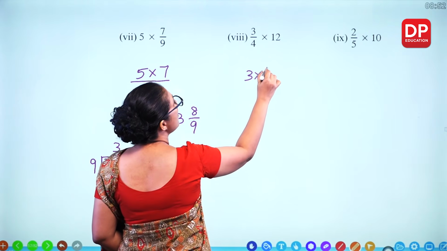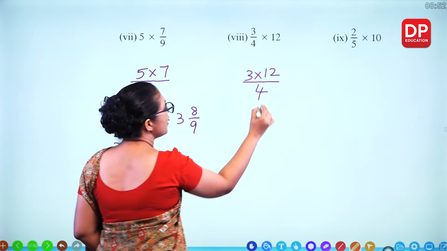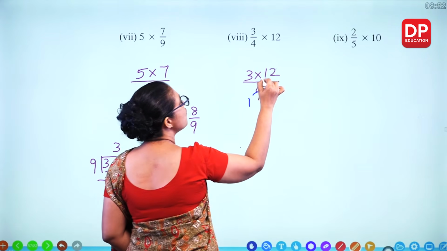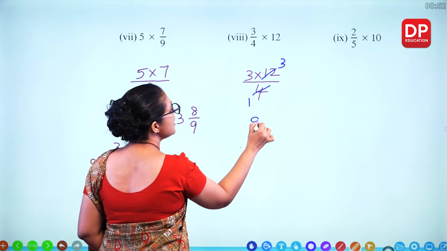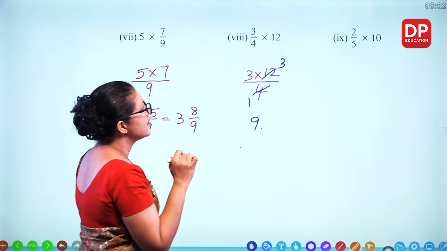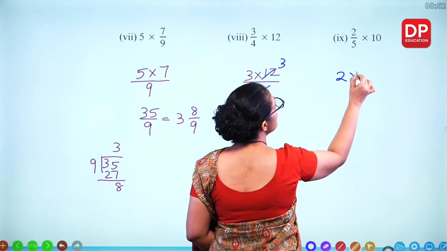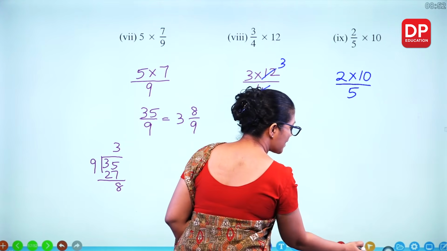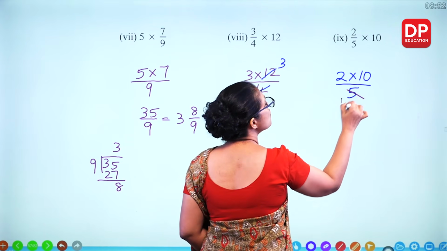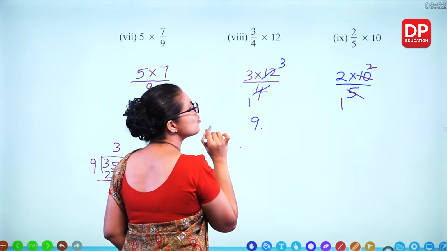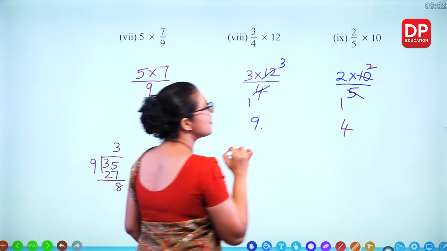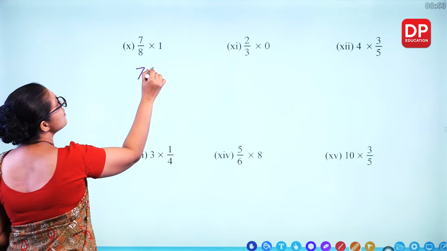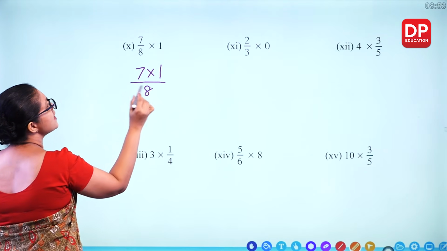3 times 12/4. Now we see we can simplify. 4 times 1, 4 times 3. So 3 times 3, you get 9. This one, 2 times 10 divided by 5. You can simplify again. 5 times 1, 5 times 2. So 2 times 2, you get 4. This one. Multiply the numerator. 7 times 1/8. So you get